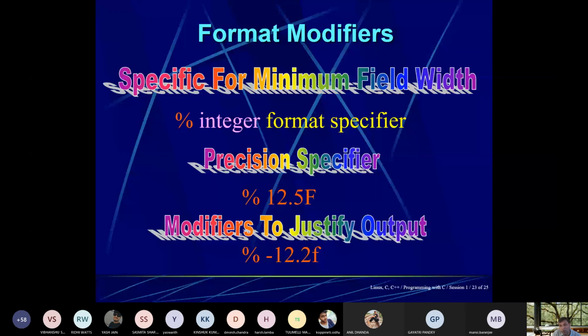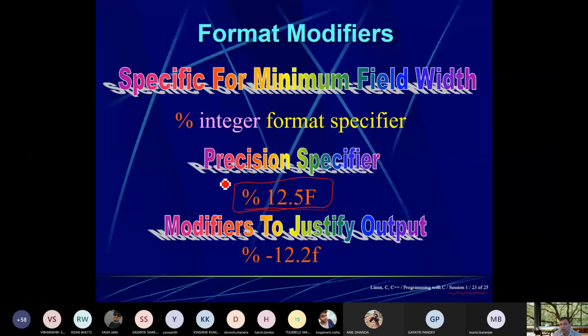So here format modifiers are shown, and here also you can see how many slides are remaining. For minimum field width, percent integer format specifier. So here it shows %12.5f. It simply means that 5 decimal places will be there, and the width of this is 12, including the decimal point.